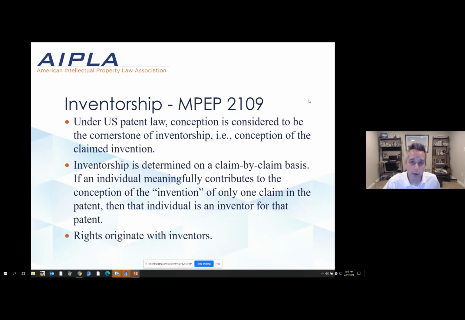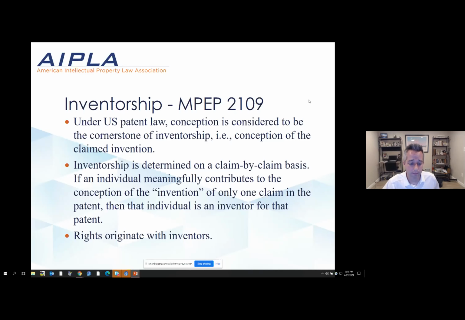So back to our CEO example, because we have a claim in the application to some bell or whistle that he was the rightful inventor of, he can be properly listed on the patent as an inventor because he is an inventor. He objectively contributed to one claim